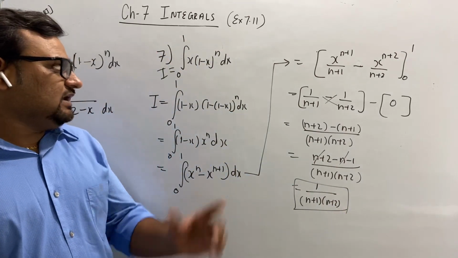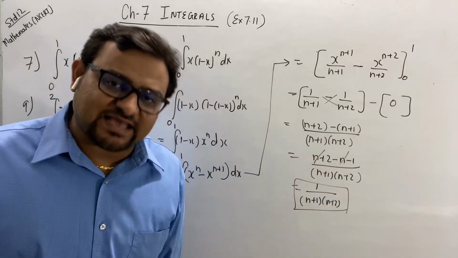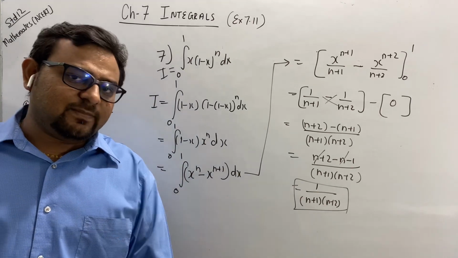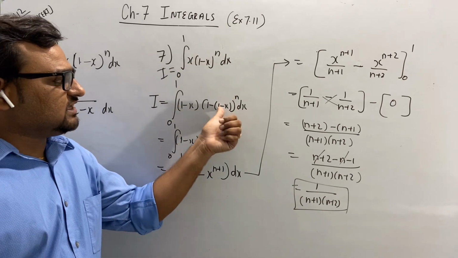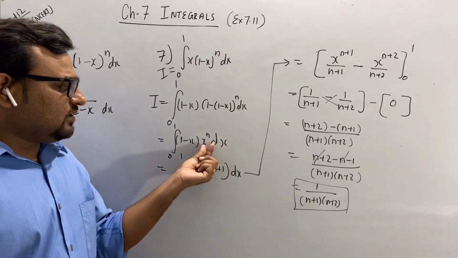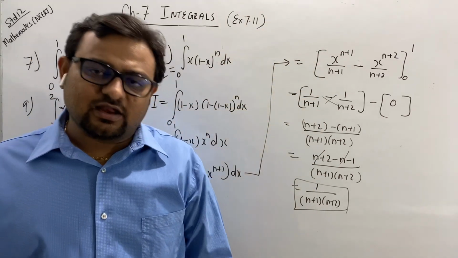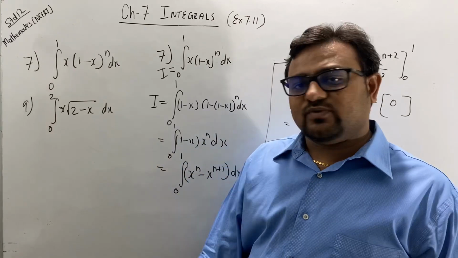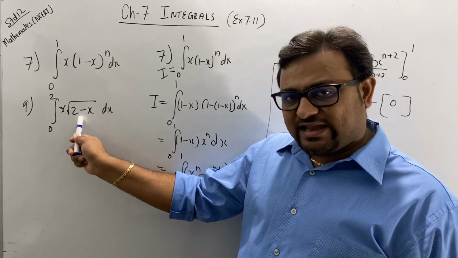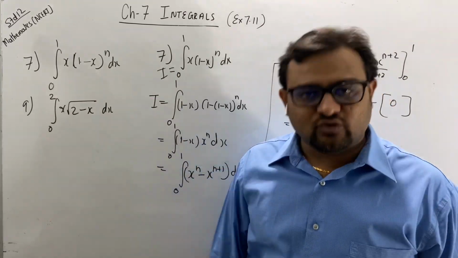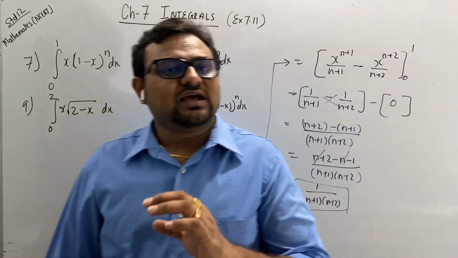Clear? I'm repeating which property I used: f of x equal to f of a plus b minus x, where a and b are the lower limit and upper limit respectively. So this is 0 plus 1 minus x, instead of this x, 1 minus x. Clear? So I solved it, multiplied it, and then just integrated and put in the upper and lower limit. Clear? So similarly, you have to solve this sum. Here it will be 0 plus 2, so 2 minus x, instead of x, 2 minus x, and 2 minus (2 minus x). Okay? And it will be similar to this. So just go through question number 7.